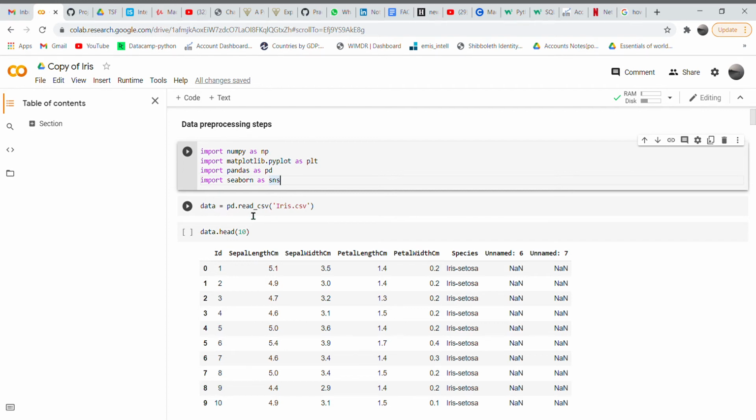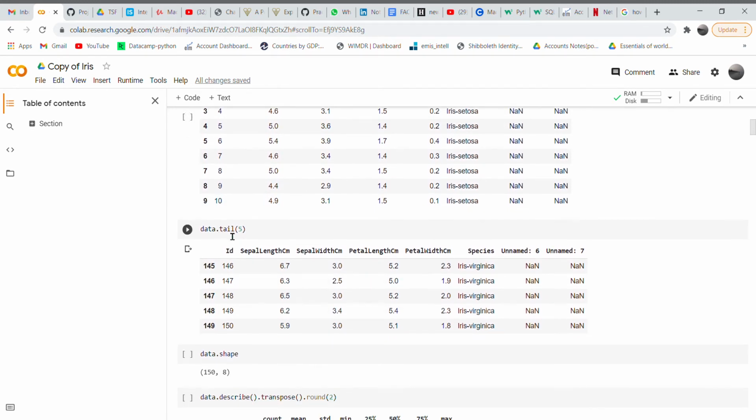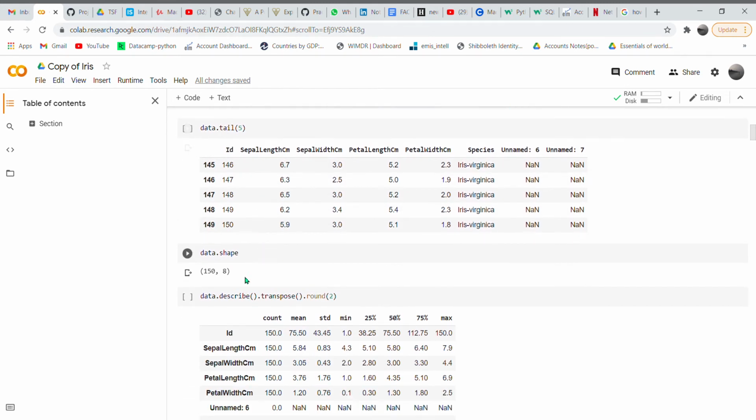data is equal to pd dot read underscore csv. That is the function from pandas which will be used for importing the dataset. And let us see the first few records of this dataset, which will be taken up to five columns. That is the main five columns: sepal length, sepal width, petal length, and petal width. And even the tail, meaning the last five records, will be seen here. And we can see the shape of the whole dataset using the function shape, data dot shape.